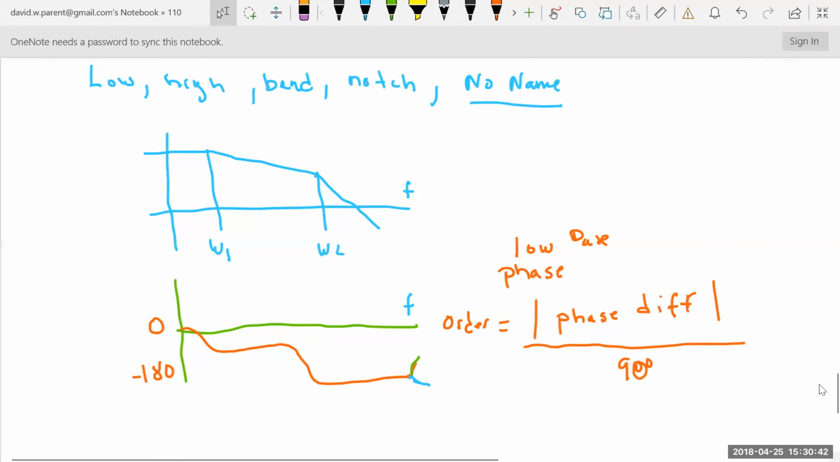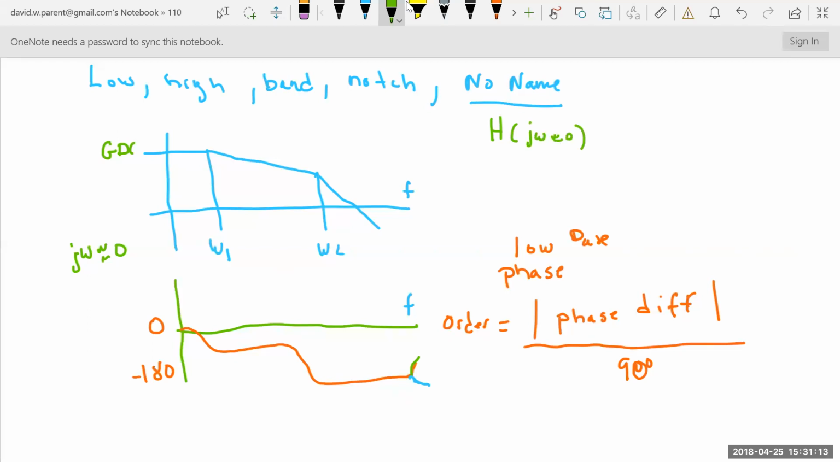All right. Now, this one we can kind of just do pretty easily because, you know, j omega very close to 0, right? Or I'm going to draw it over here. H of j omega very close to 0 should give me the gain DC. So let's say this is 10